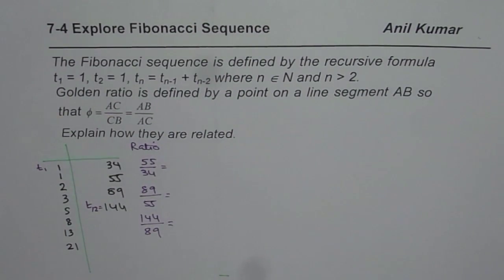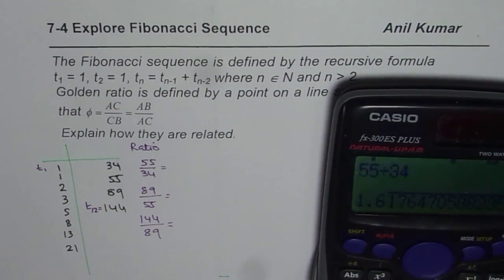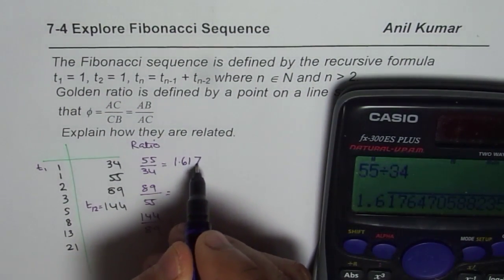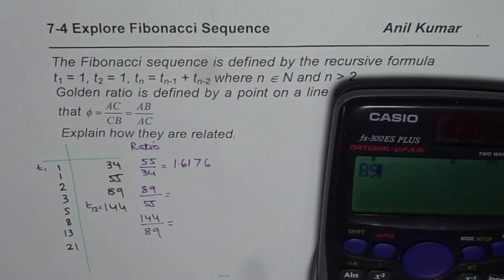We'll do only these ratios for the time being. So 55 divided by 34 is equal to, in decimals, 1.617. Now 89 divided by 55 is equal to, in decimals,